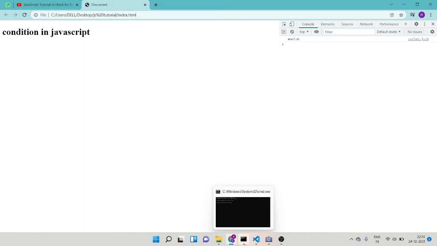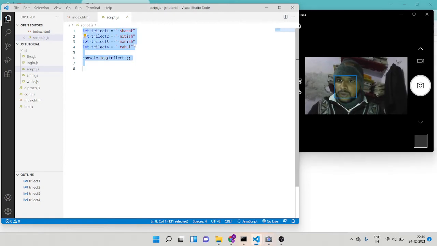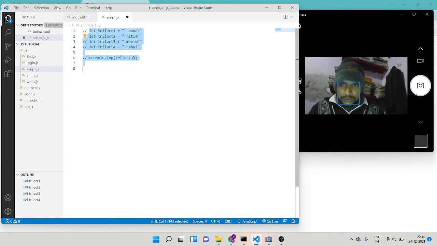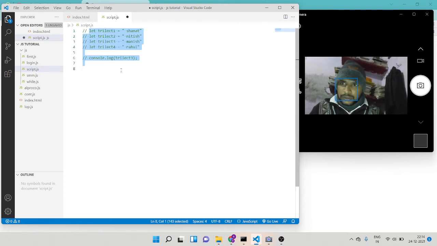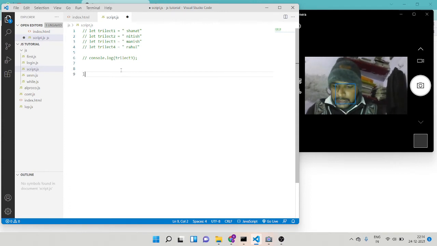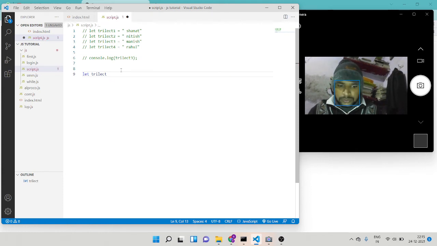So how to create the array now? Let's see how to create the array. Let trilect is equal to, bracket.